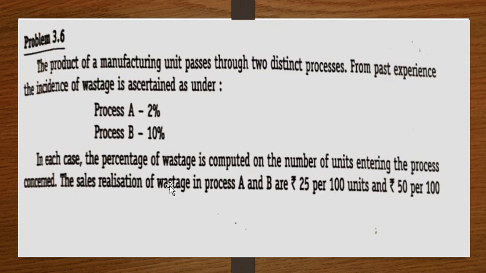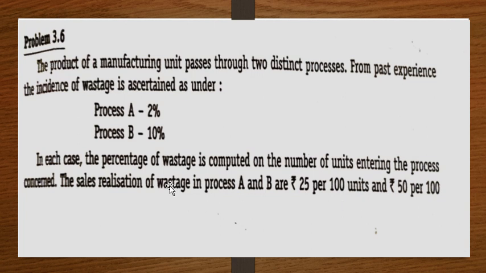In this video, we'll be discussing problem 3.6 from the chapter Process Costing. So the problem: the product of a manufacturing unit passes through two distinct processes. From past experience, the incidence of wastage is ascertained as under: process A 2%, process B 10%, which is your normal wastage. In each case, the percentage of wastage is computed on the number of units entering the process